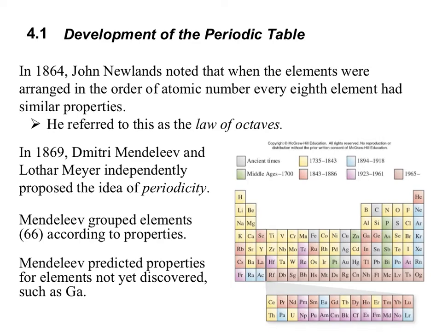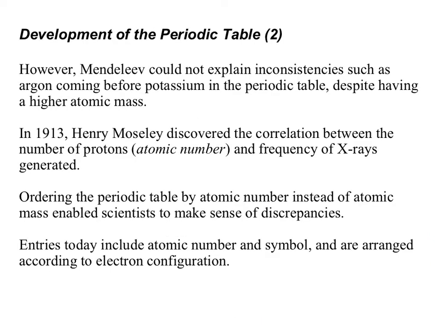Here on the right, you have a periodic table showing the different periods in which elements were discovered. You will notice that an awful lot of elements were discovered after Mendeleev and Meyer proposed the periodic table. However, Mendeleev could not explain inconsistencies such as argon coming before potassium in the periodic table, despite having a higher